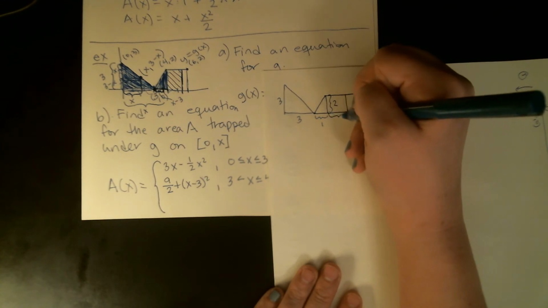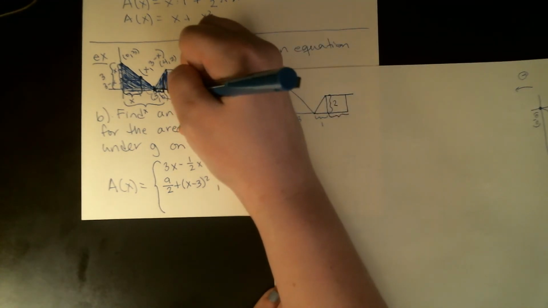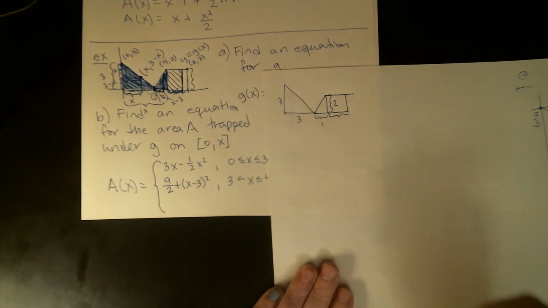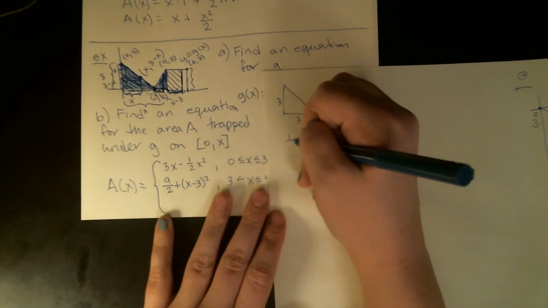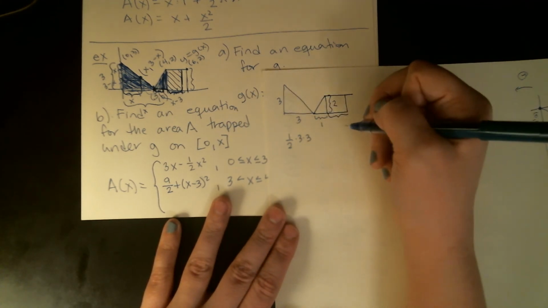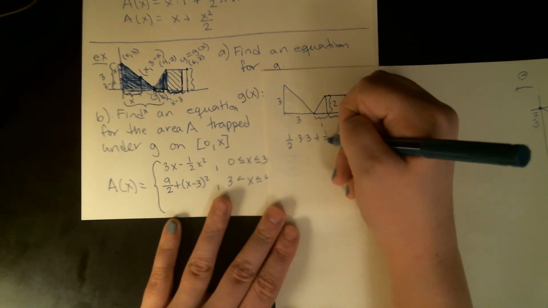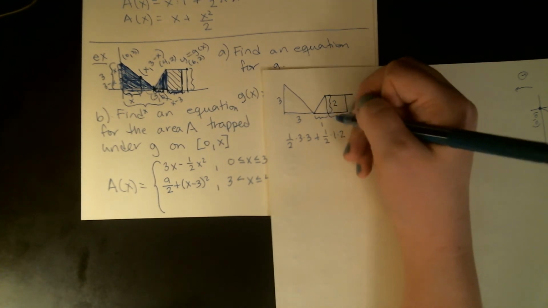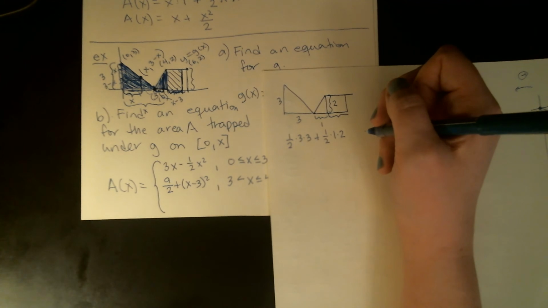So we need to know how long the base of this rectangle is, and what the height of this rectangle is. Okay, so I have 1/2 of 3 times 3, that's my 9/2 again, for the first triangle. I have 1/2 of 1 times 2, that's my second triangle. For the rectangle,